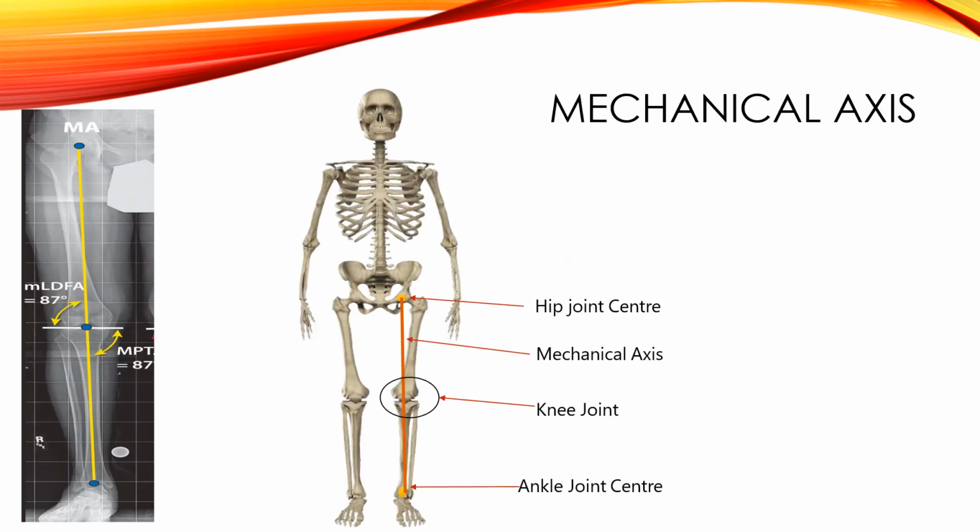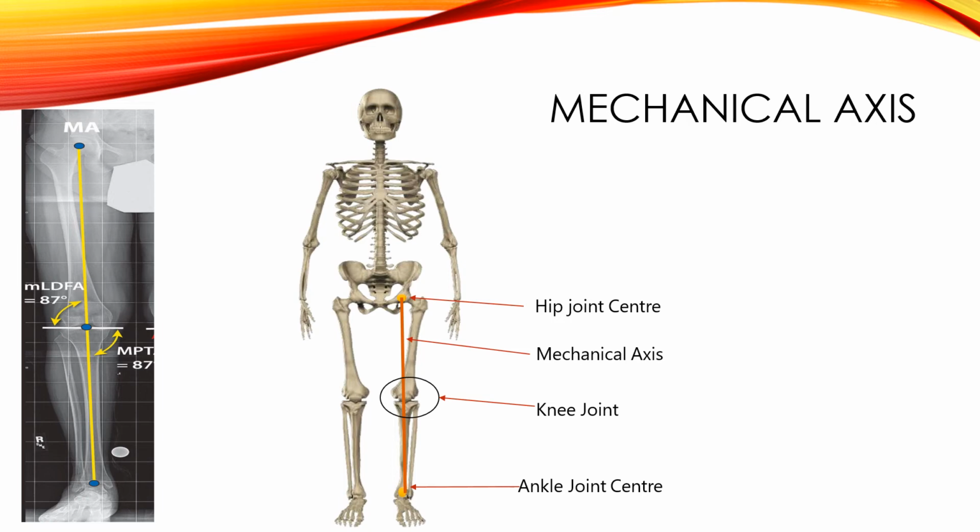So we'll talk about the mechanical axis. The mechanical axis of the bone is the straight line connecting the joint center points of the proximal and distal joint in the frontal or sagittal plane. Most of the mechanical axes are considered in the frontal plane. So as the mechanical axis is considered mostly in the frontal plane, we need to define only the frontal plane joint center points of the hip, knee and ankle.